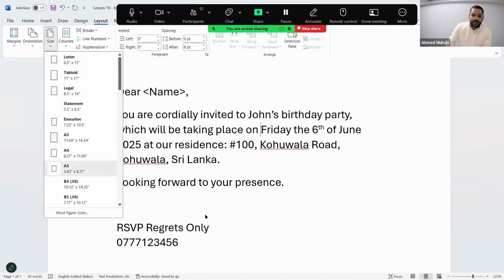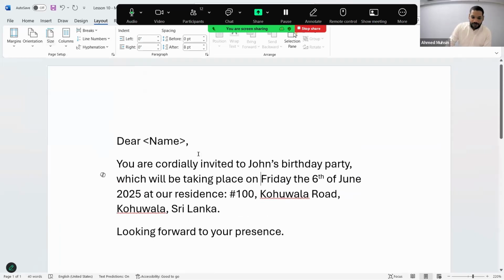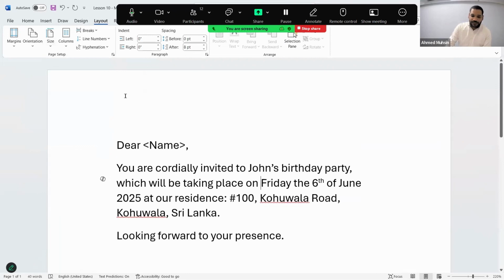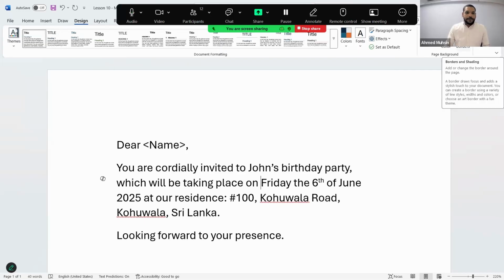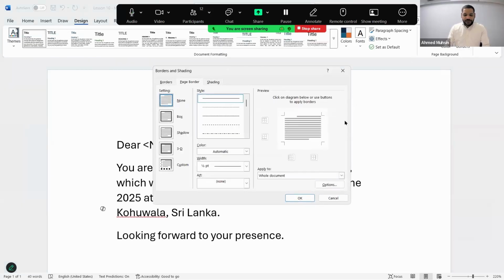Right. Then I'm going to do something else. Let's make it look a bit attractive. So everybody, can you come into design? In design, can you come into page borders? Boys, can you come into page borders? In page borders,